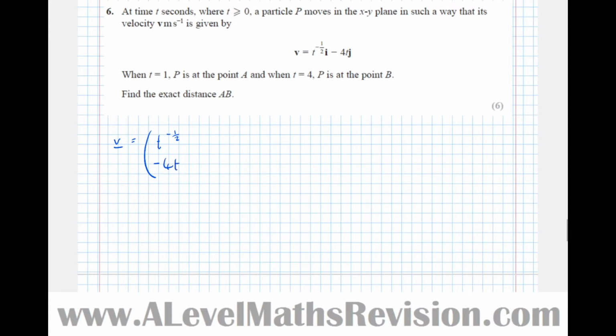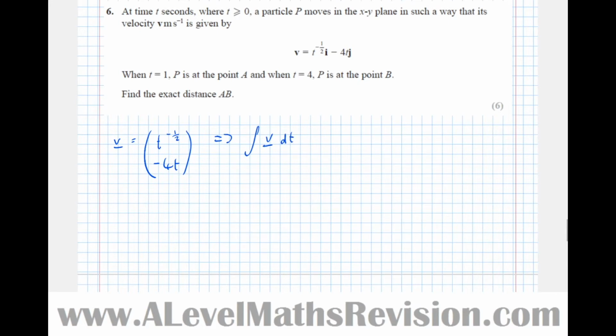minus 4t. So it says when t equals 1, P is at the point A, and when t equals 4, P is at the point B. Find the exact distance AB. Well, we need an expression now for position or displacement, which we know is the integral